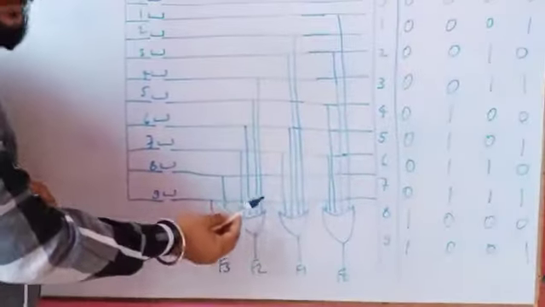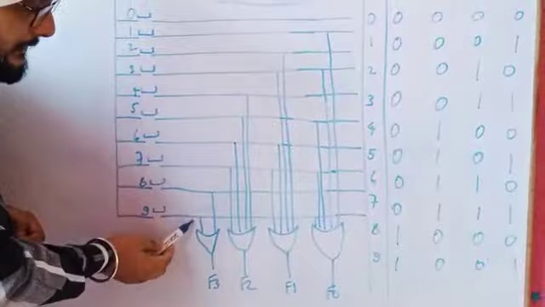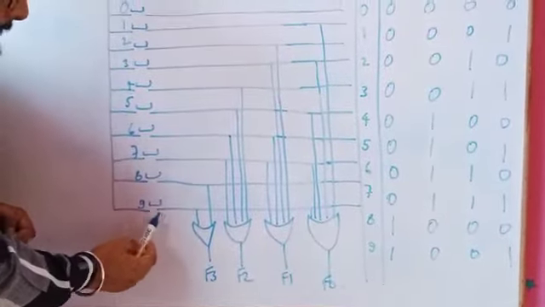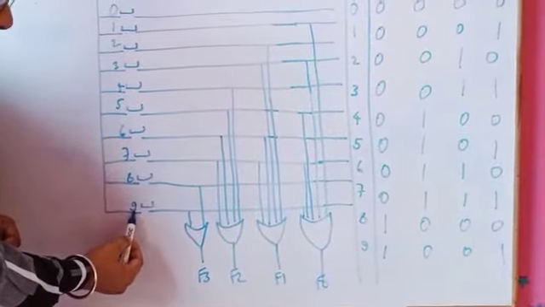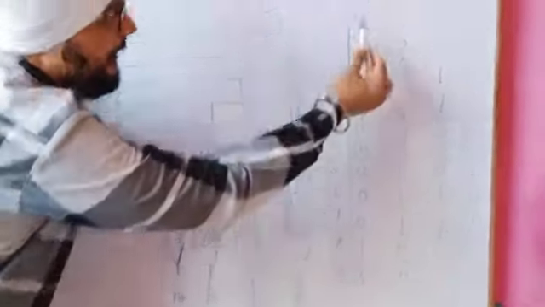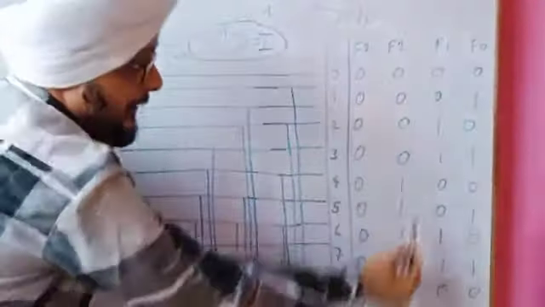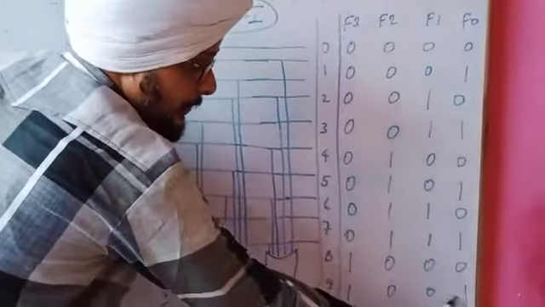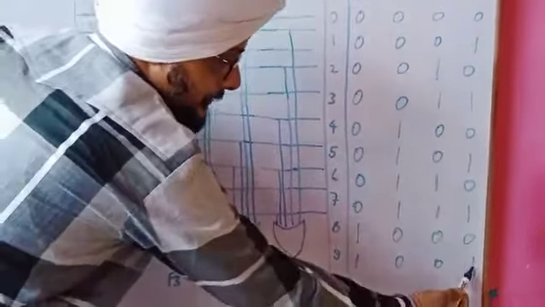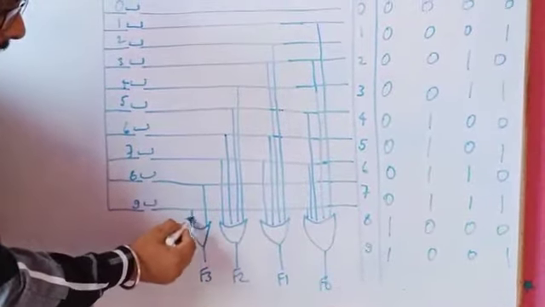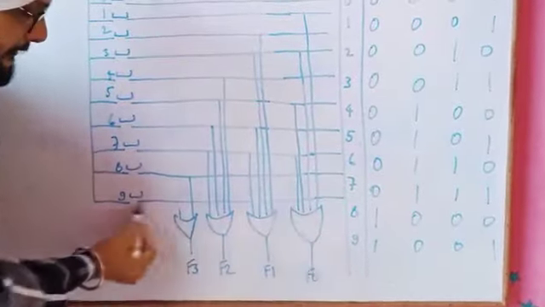Now suppose here you may be confused how these lines are connected. So you need to understand very carefully. See, suppose this 9 is there. For this 9, match it here. For this 9, the value of F3 is 1, the value of F2 is 0, the value of F1 is 0, the value of F0 is 1. So these are the values 1 and 1. So here for F3 and for F0 we will connect with 9.